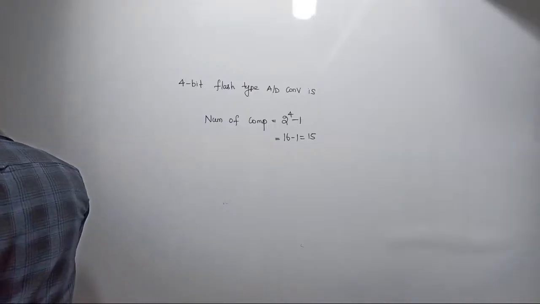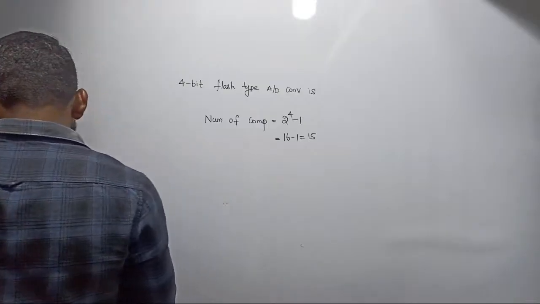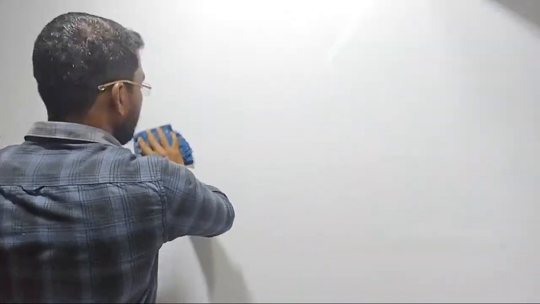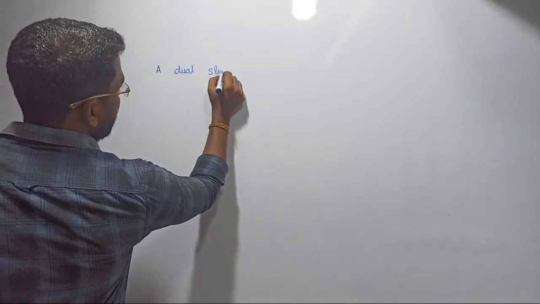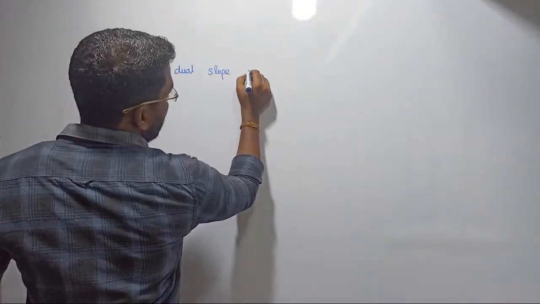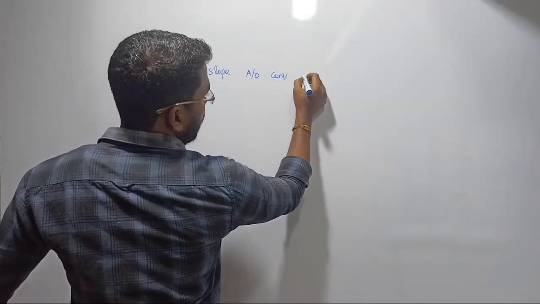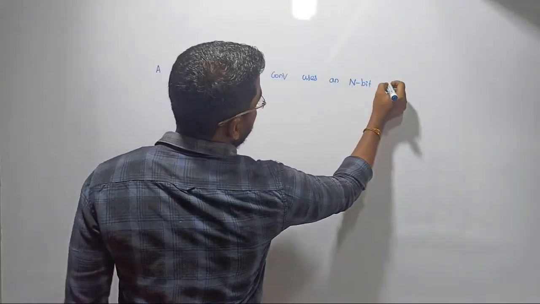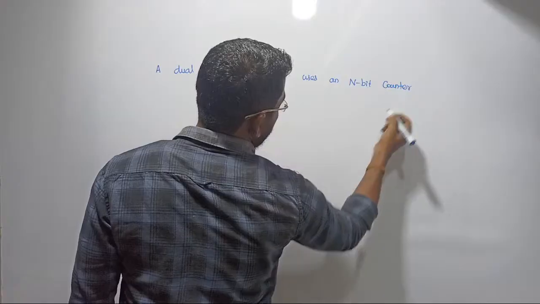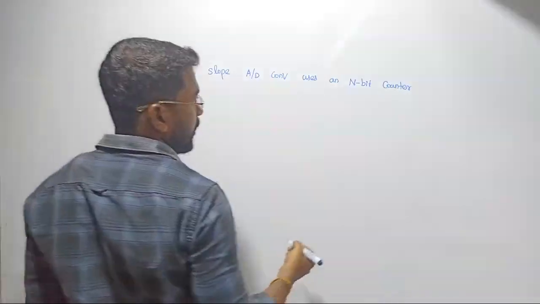Wait a minute, I'm just looking for the questions only. First write down the question. A dual slope analog to digital converter uses an n-bit counter. When the input signal VA is being integrated,